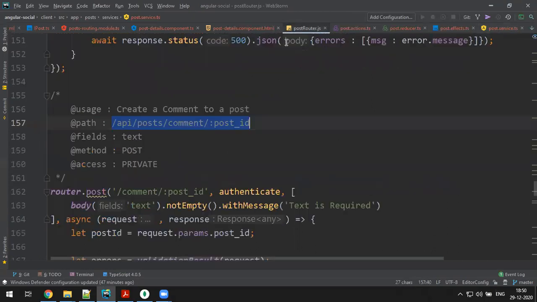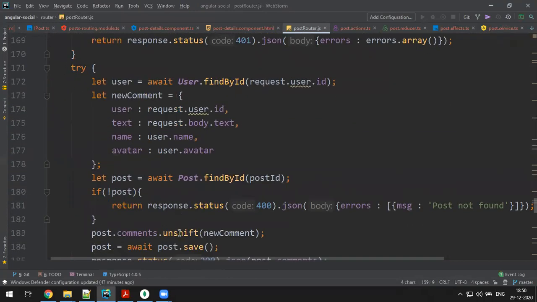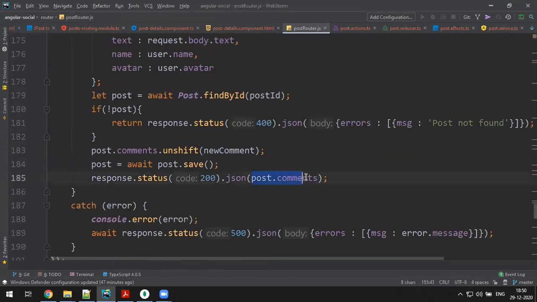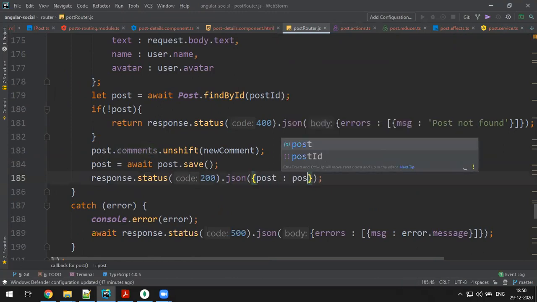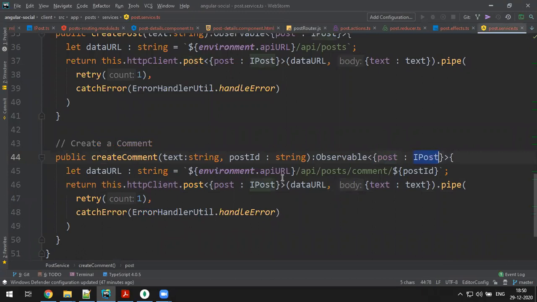Is it a post request? There's a post request. That's fine. And you get back what? You will receive back post dot comments. Do one thing. You get the post as it is, not comments. You receive the direct post. Okay, why do you need to add a post to the comment again? It's a long story. Just get the post, assign post directly. Okay, you receive the post, the latest post. Service, you got the post. Yeah, that's fine. Everything is done.